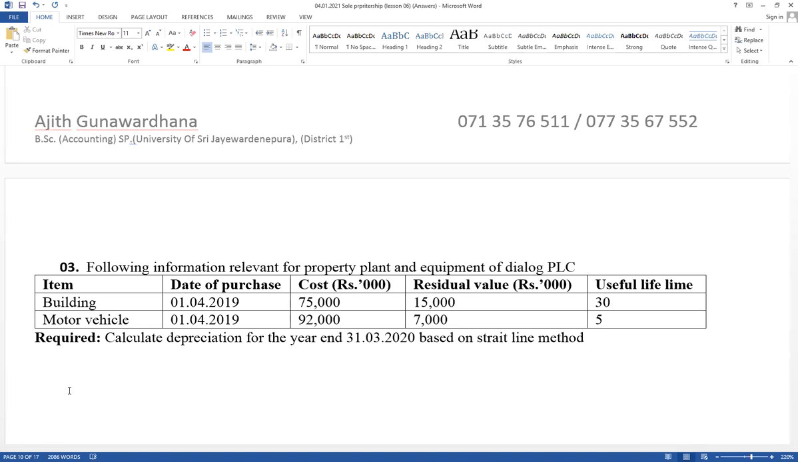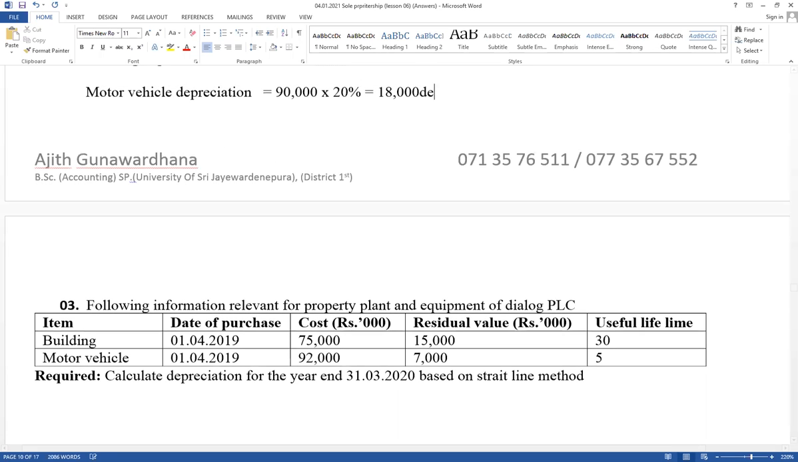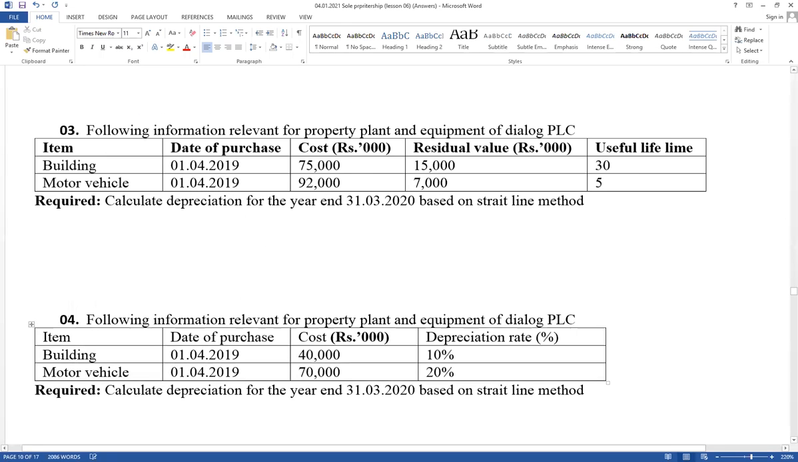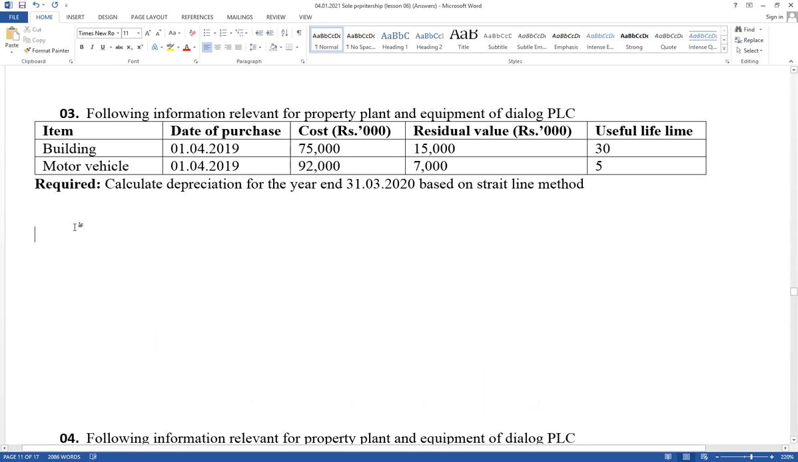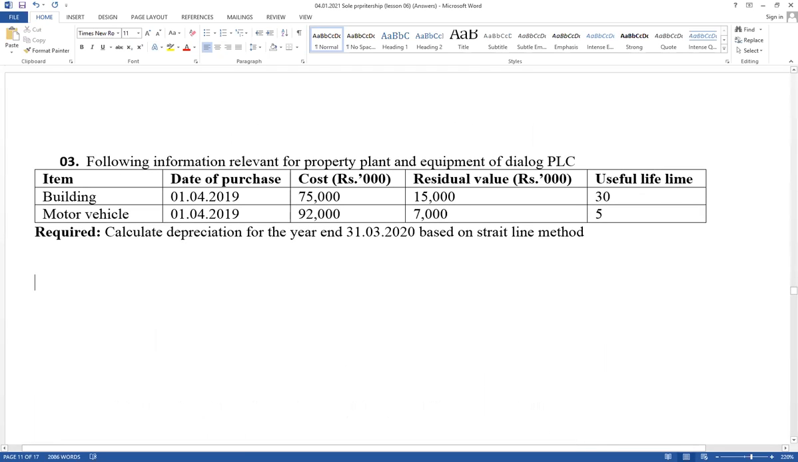Think which equation should be applied. There are two assets available, building and motor vehicle. Cost value is given, residual value is given, and useful lifetime. Therefore, you have to apply the first equation. First one, write the equation. Depreciation equals